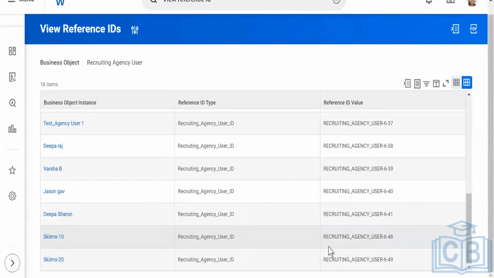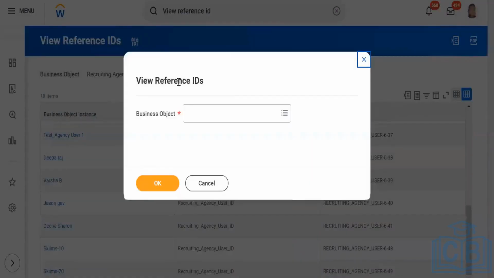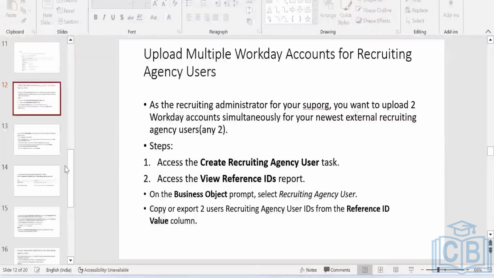Right? We can check this by using this task, View Reference IDs, or straight away we can go to the object and check those things. That is what we do for this. And when we create Workday accounts,